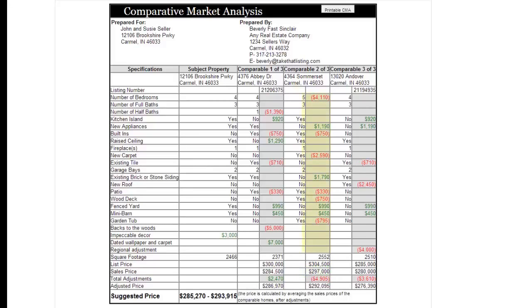But if it had the same features your home has, it would sell for $4,905 less, making the adjusted price it would have sold for $292,095. Comparable number 3 was listed for $285,000, sold for $280,000. But if it had the same features your home had, it would sell for $3,610 less, making an adjusted sales price of